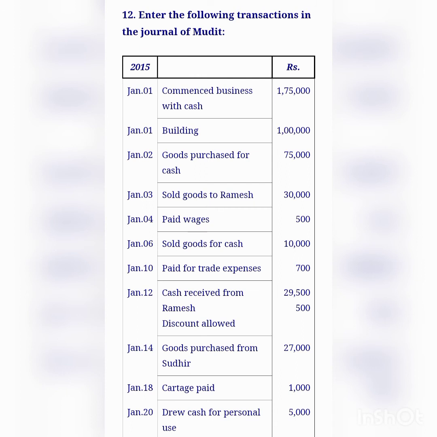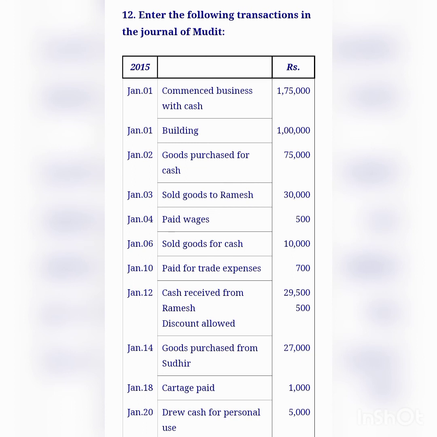This is an example for compound journal entry. A journal entry with more than one debit or credit aspects. The next transaction is goods purchased from Sudhir. This is an example for credit transaction. Cash paid not mentioned. So we can take this transaction as credit transaction. Goods purchased from Sudhir. Here Sudhir is a creditor. Then goods purchased means purchase account. When purchase or expense increases, debit that account. The entry will be purchase account debit 27,000 to Sudhir's account.